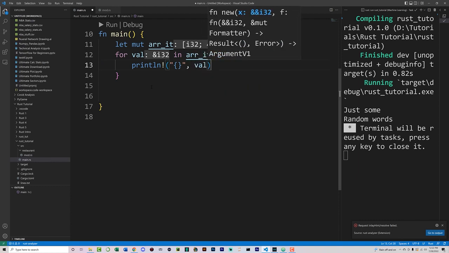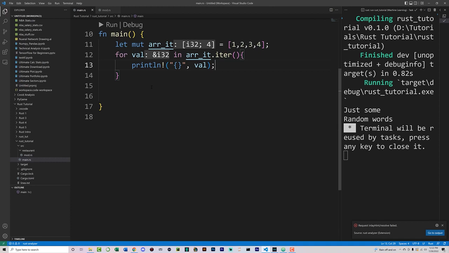So there we go. Now, an iterator is going to cycle through these values by borrowing. So it's not going to actually take the collection and remove it from memory. It's going to borrow those values, and so the collection is not moved. But the one downside to this is you're not going to be able to change values if you use it